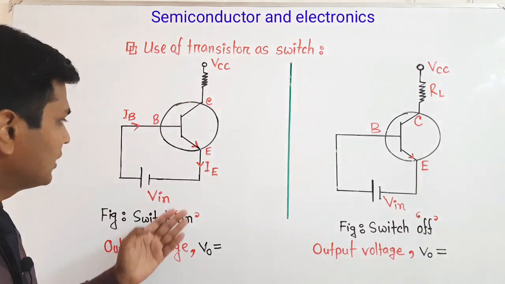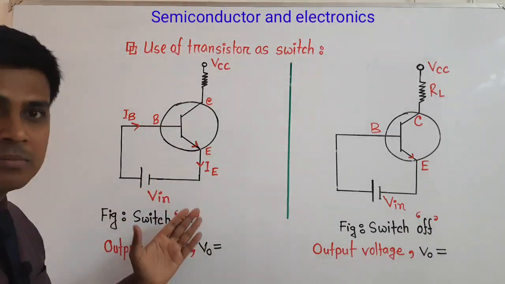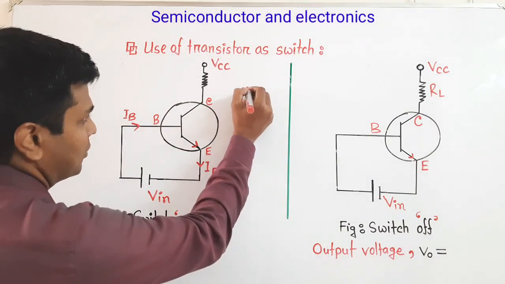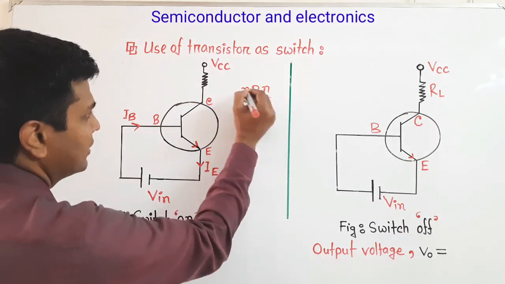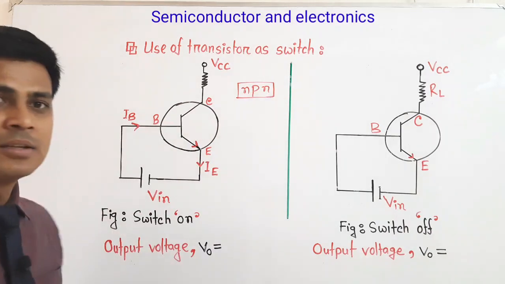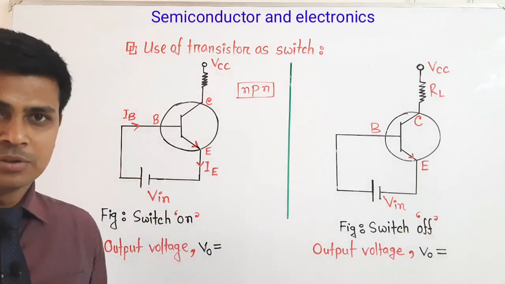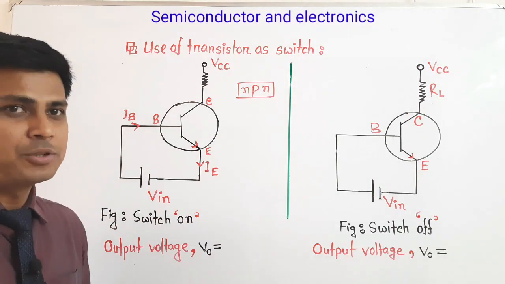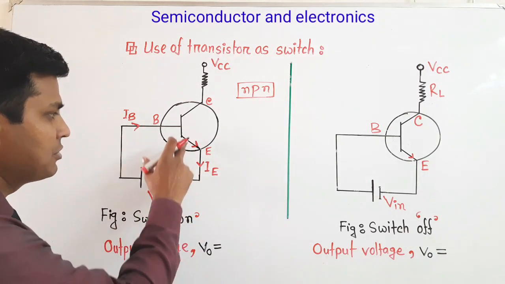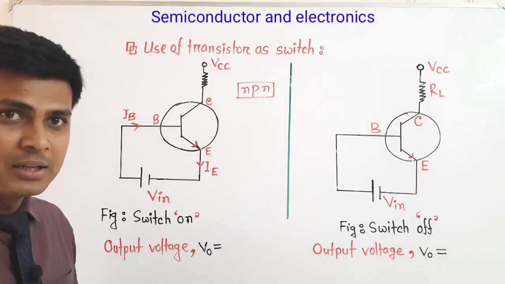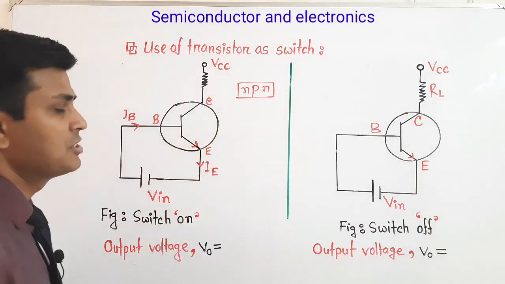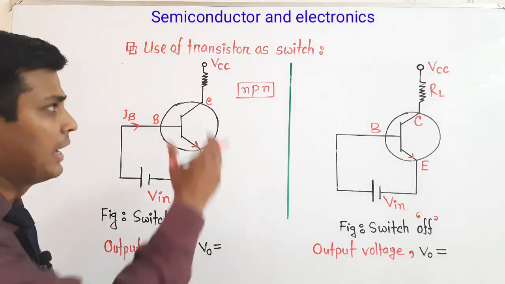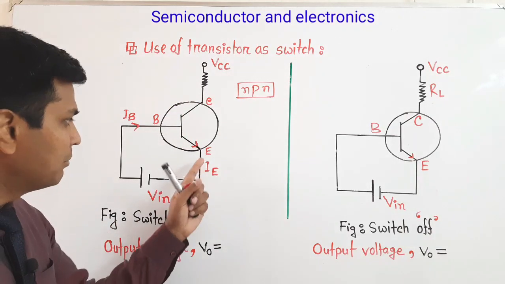You can see in the figure I draw here an NPN transistor. This is an NPN common emitter transistor. How can we recognize this is an NPN transistor? In an NPN transistor, the direction of current flow of the emitter will be downward or outside. So this is the NPN transistor, but we can say this is a common emitter NPN transistor because the emitter is common